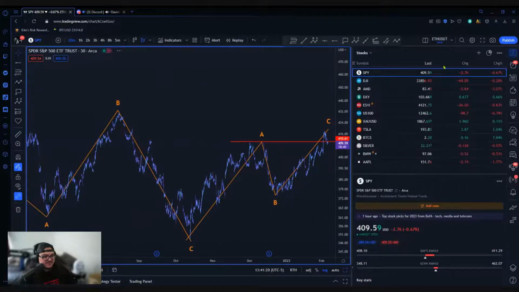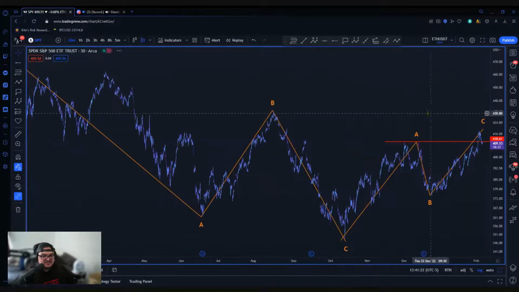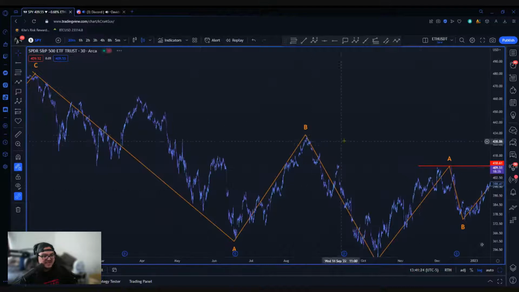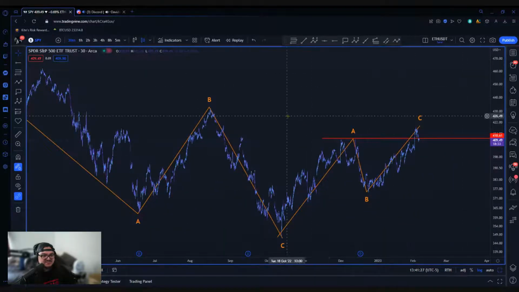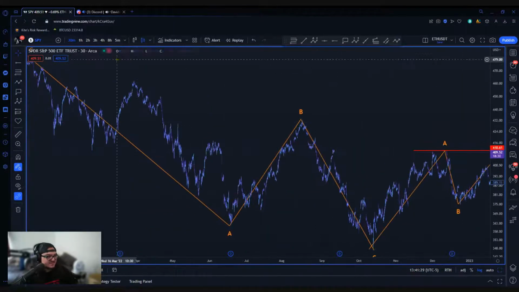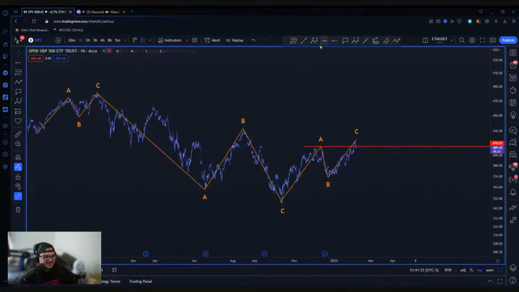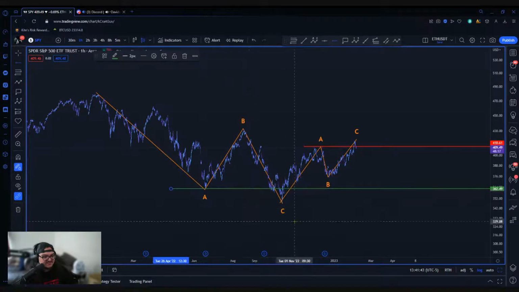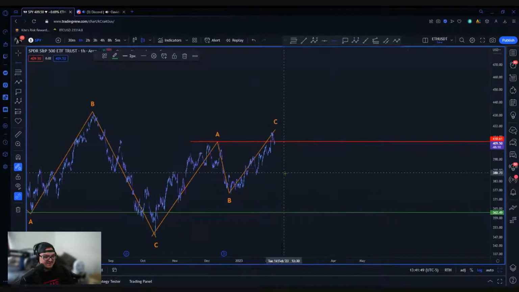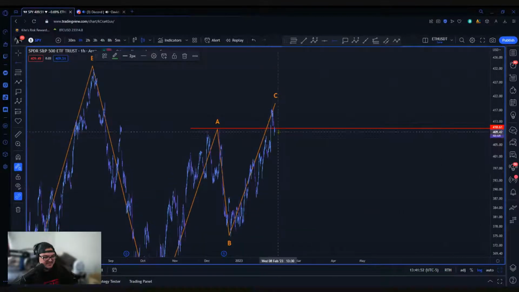There's a couple things we're going to go over when it comes to traditional markets, because it will either back up what I have to say, or, when we look at the DXY, which has an inverse correlation, it could affect how Bitcoin is behaving. But I drew this yesterday, and look what's going on. At the moment we do have a larger bullish ABC with the pivot being around 362.50. But we also have a larger possible B wave here, and the pivot to get back below is at 410.